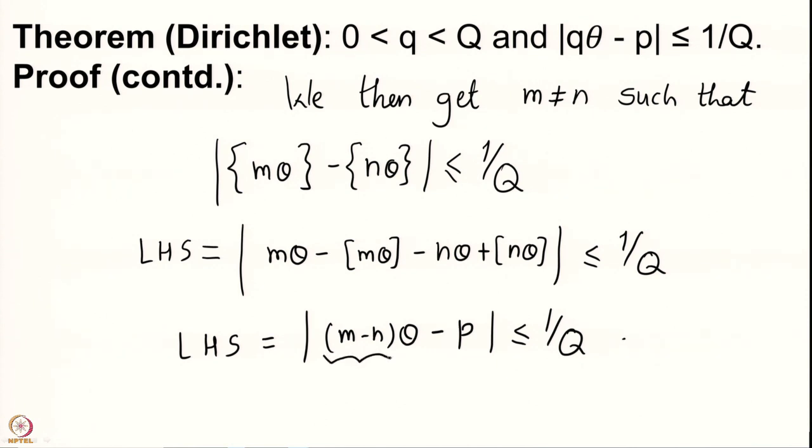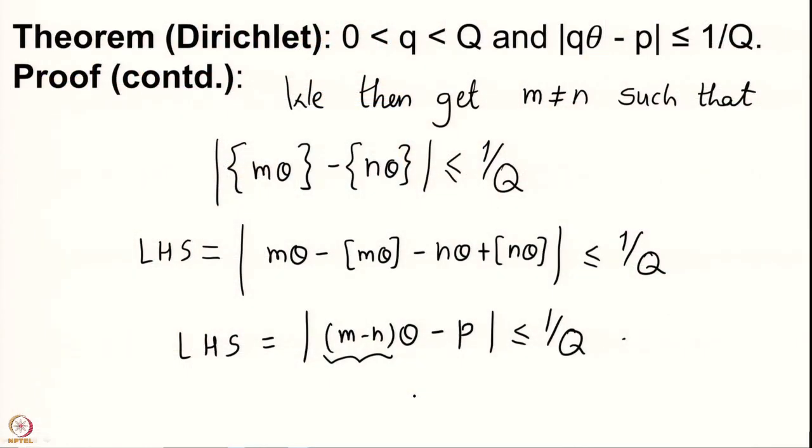And so, we have this number here, remember we had taken m and n from 1 up to q minus 1. So, for the difference, it could happen that the number you obtained is 0, or you may have the number that is 1, and then another such number has to be some fractional part of m theta. In that case m will be some number from 1 to q minus 1. If there is only one fractional part and one of 0 and 1, you will have that the corresponding m is less than or equal to q minus 1.